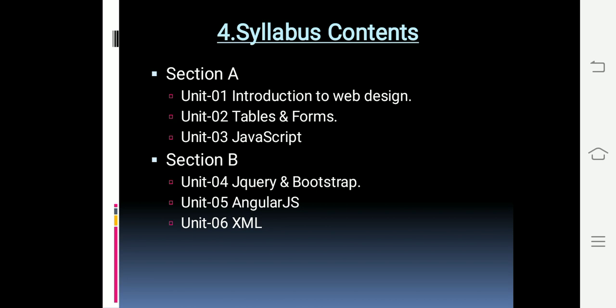Then last is unit 6 which is XML. XML is another language. It is not used to design the web pages. It is used to carry the content through the website. In this unit, what is the XML, then how the XML can be defined, introduction to content management system, that is WordPress, Joomla, Drupal overview. Publish a website with any one of CMS, that is you have to design the website by using any tool defined in this unit.